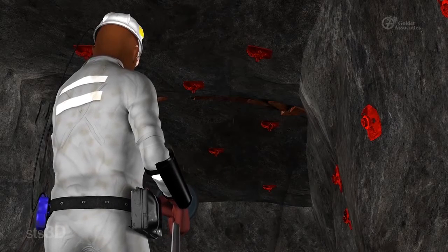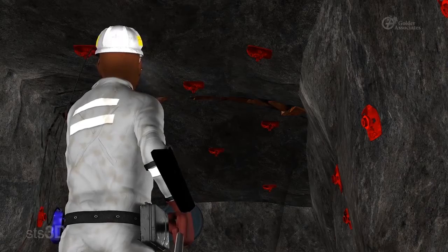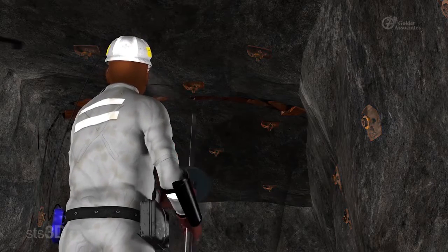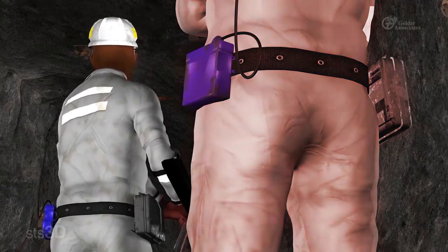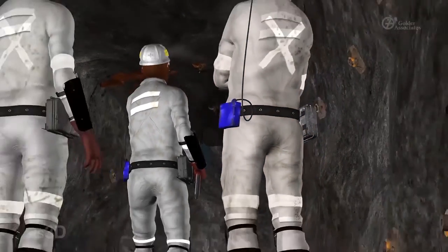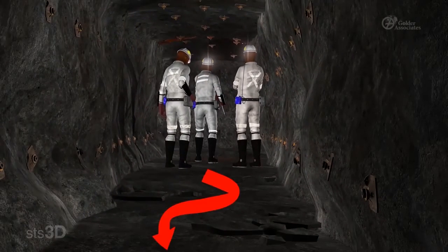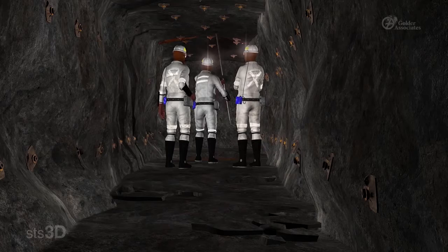Some workplace hazards are unsafe support conditions, people standing too close to the area where you are barring, inadequate or obstructed escape routes, and